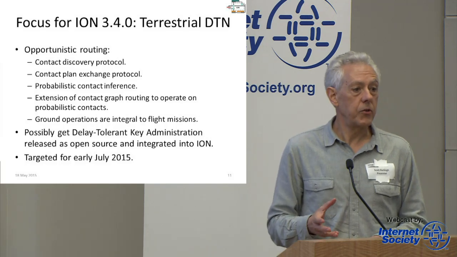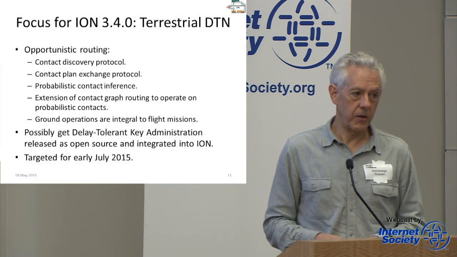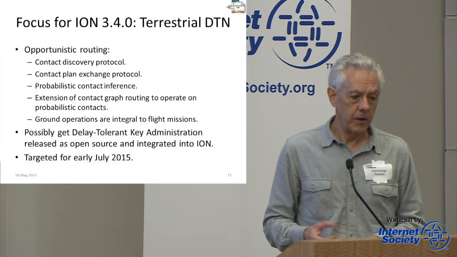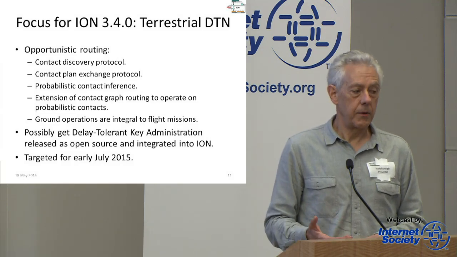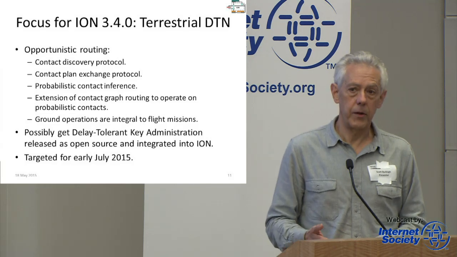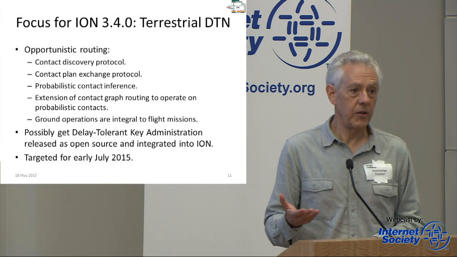That may or may not be true, and that's what we're going to discover as we press ahead with this. But the idea there is that the contact plan that you use for computing routes through the space network